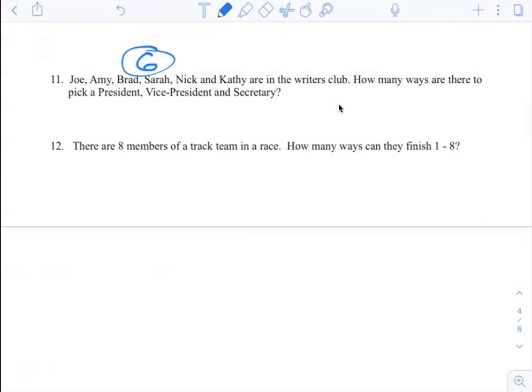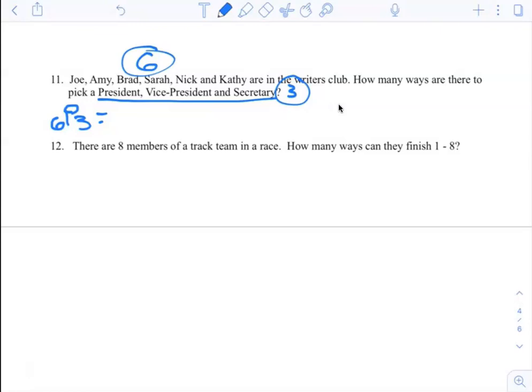We want to know how many ways there are to pick a president, vice president, and secretary. Those are 3 different jobs, which means the order matters. There's 3 different jobs for 6 different people, but being president is different than vice president, which is different than secretary. So this is still a permutation problem,